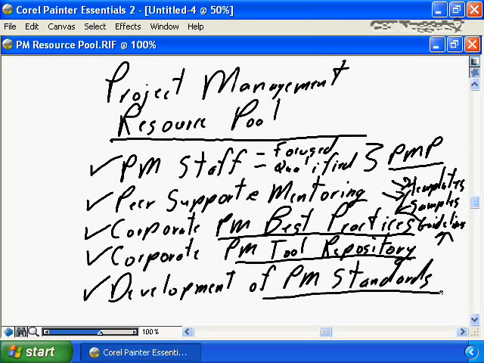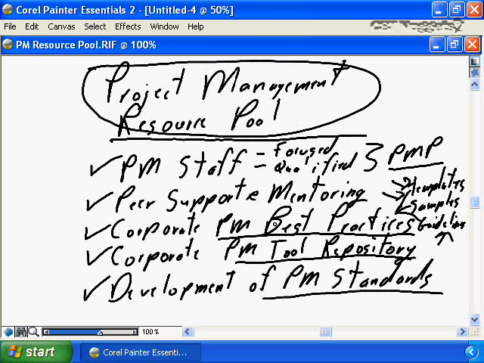Doesn't matter if the project is being delivered by Project Manager 1, Project Manager 2, or Project Manager 3. The PMO, as the owner of the project management resource pool, ensures that we have project management best practices, a project management tool repository, and a set of project management standards that define how projects are delivered,